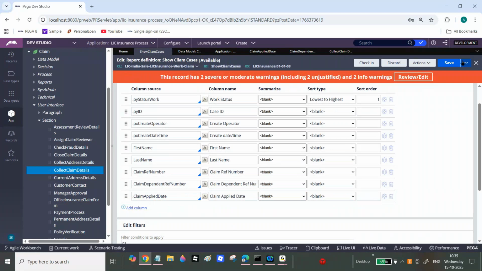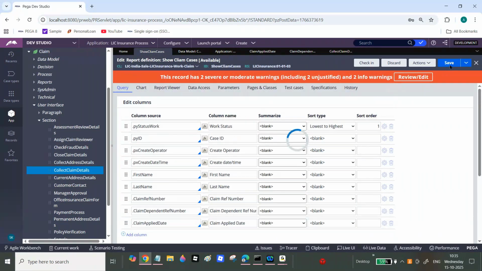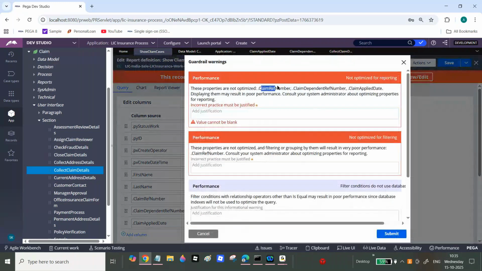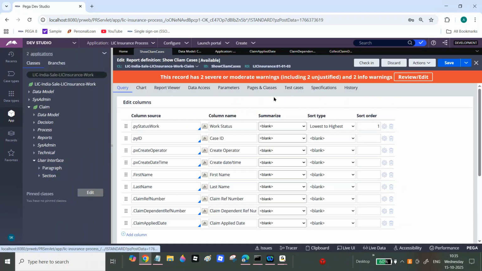Sir, now I included. Click on save. Sir, now included. Click on save now. So now here clearly it will give, sir, all these properties are not optimized. Like that we will identify. Sir, now see, these columns data also, it will fetch from